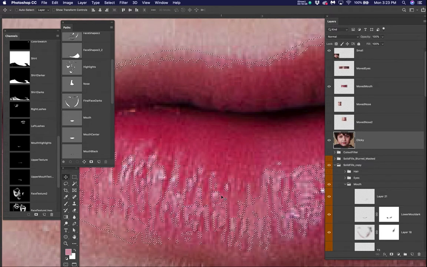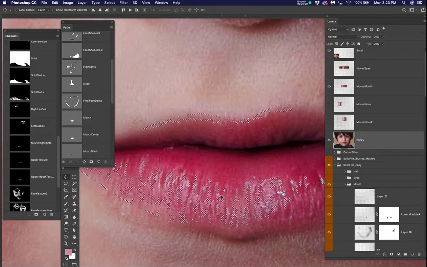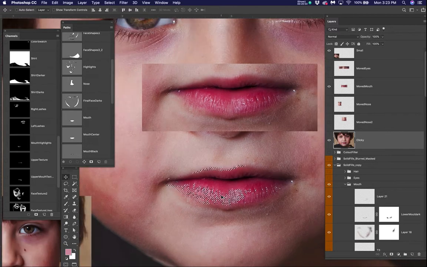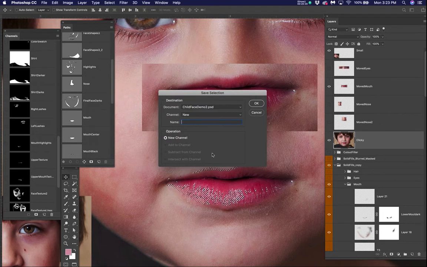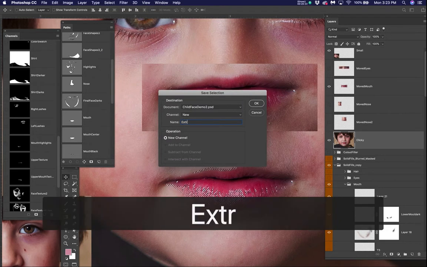Now I have a selection. Now I'm going to back off on that. Look at how it's only in the mouth area because I only asked the mouth area to be recognized in color range. How did I do that? I made a selection of the mouth area. Okay, I'm not going to redo it, but I am going to save this as extra highlight mouth. So I save selection right where I went to, and I'll just say extra